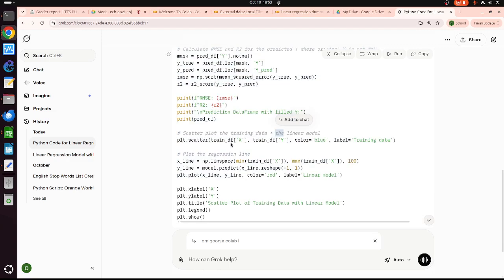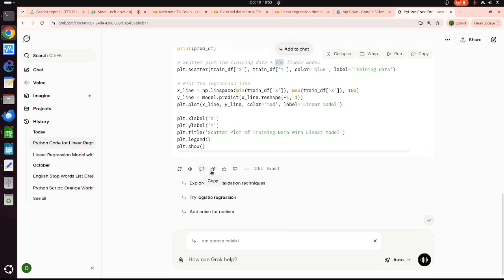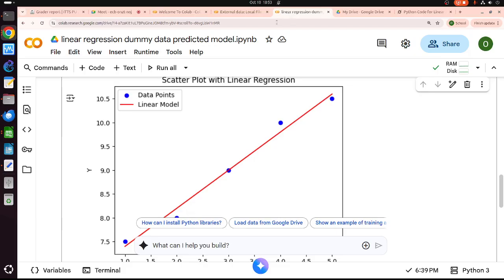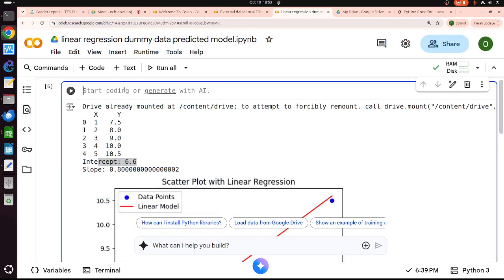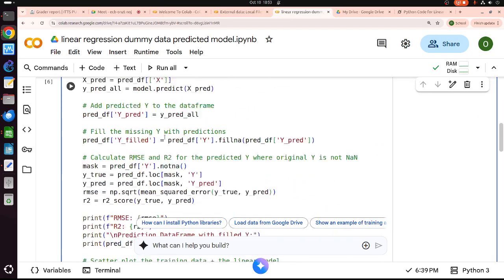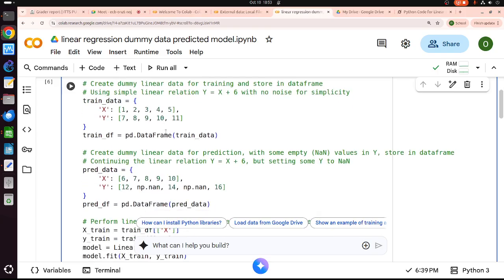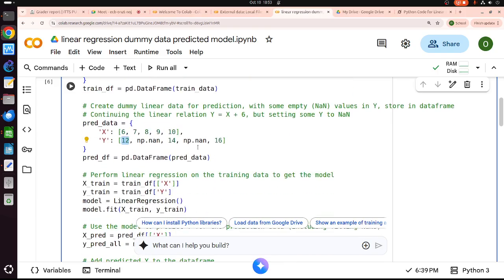I want to do a scatter plot of the prediction data as well. Oh, I cannot edit. Oh, model predict. Okay, I copy this one, put it here. Okay, I need to do some nasty things. 0.5 here, and then I change this one to 5.